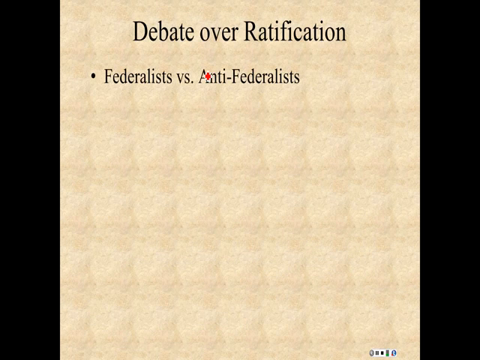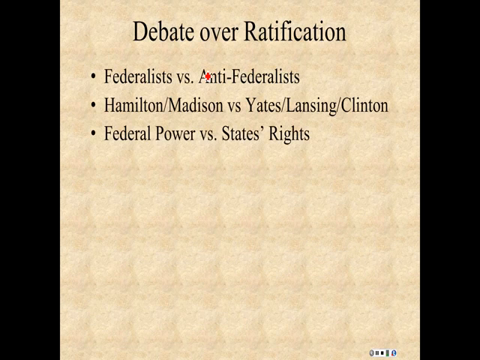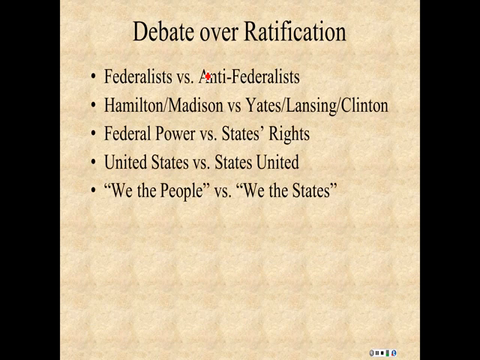So this debate over ratification then took the form of these opposing views of the Federalists, like Hamilton. Madison later changes to become an anti-Federalist, or a Jeffersonian Republican, as it was called, or a Democratic Republican. Under Jefferson and Adams, you have the creation of really this first party system of political parties in the United States, which, by the way, are not mentioned in the Constitution. Political parties are not in the Constitution.